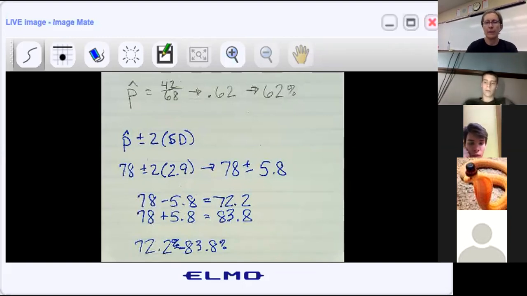Okay, how are we doing with that? Good. Okay. So everybody's good with the confidence interval then? All right. So then if I come back to the document,